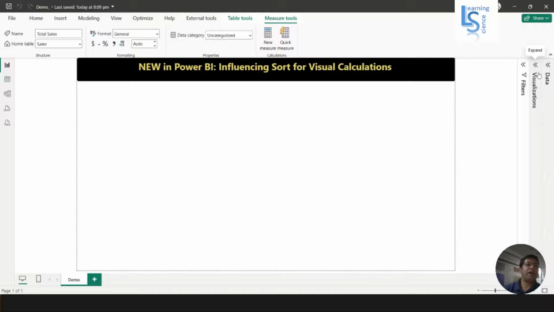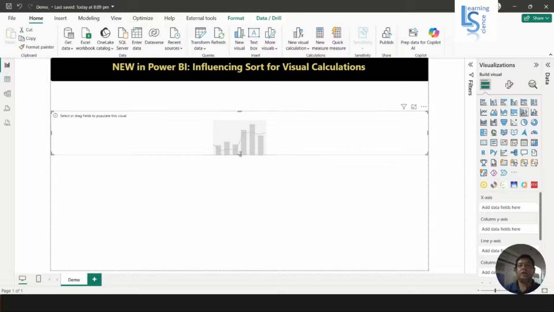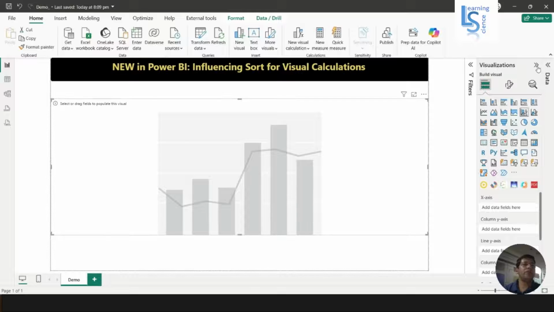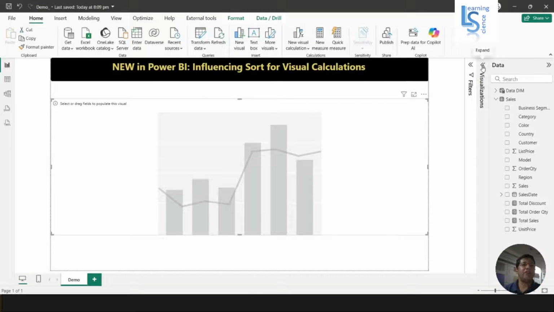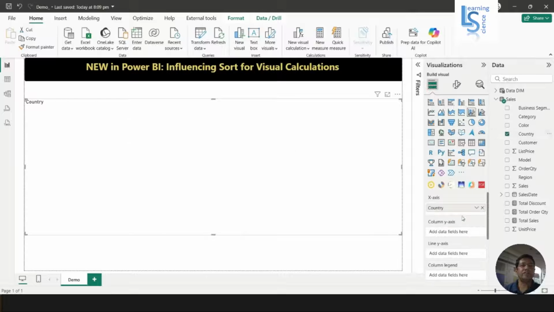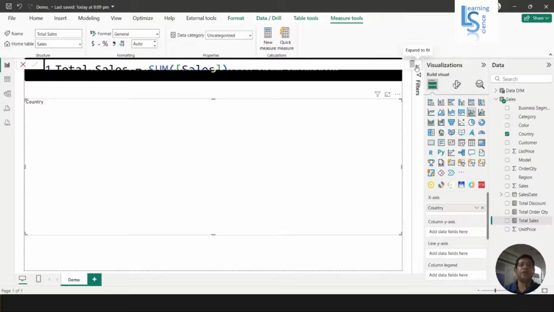So let me add a visual. I'll add a visual line and a stacked column chart and increase the height of the visual. Now from the data model as a category, I will use country on the x-axis. Okay, and now on the y-axis, I have a total sum. So total sales equal to sum of sales. So I'll directly use total